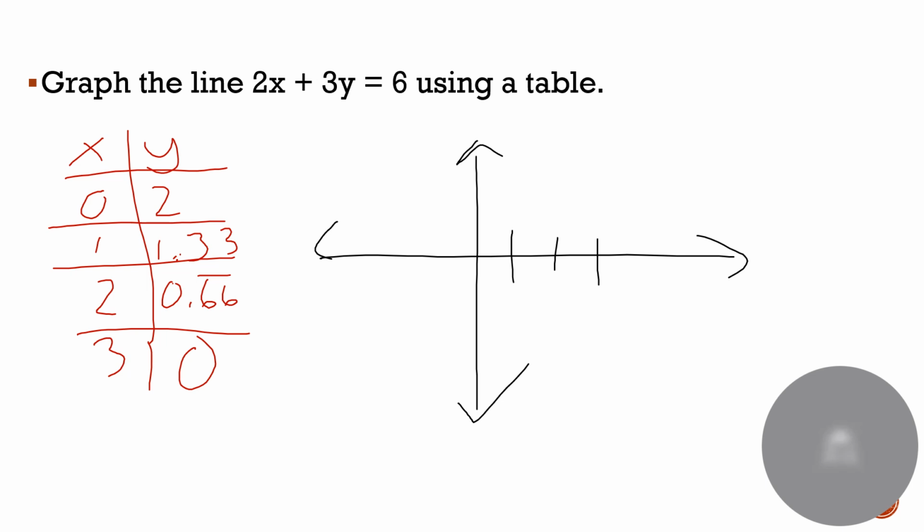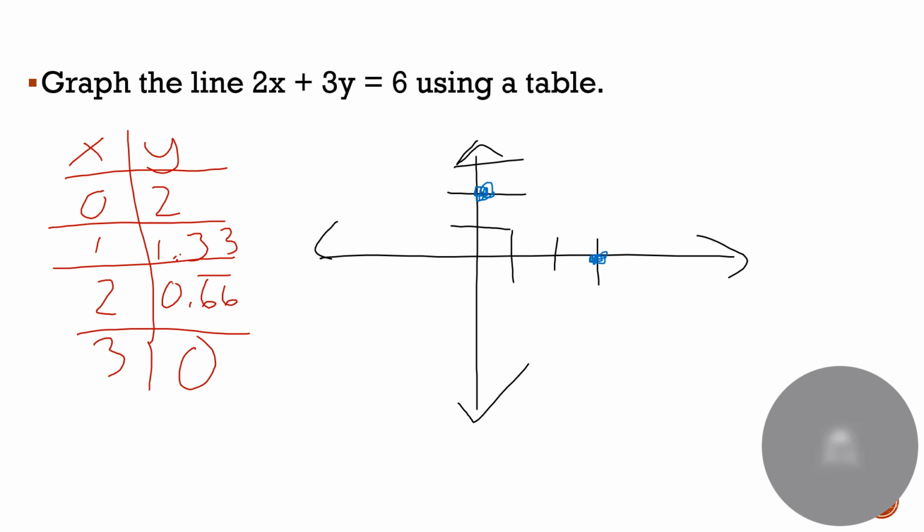And 1, 1, 2, 3, and okay, and then we'll go ahead and put our points on there. So I'm going to actually start with the point (0, 2) because that's an easy one. And then I have down here the point (3, 0). Now, technically, that's enough for me to get the line, but the other 2 points should be on the same